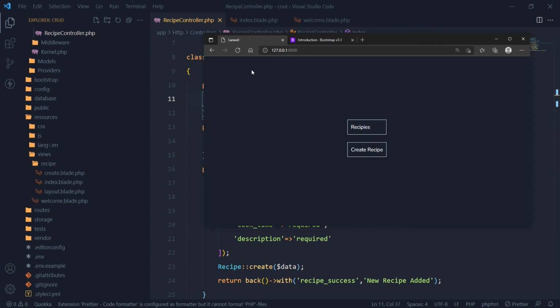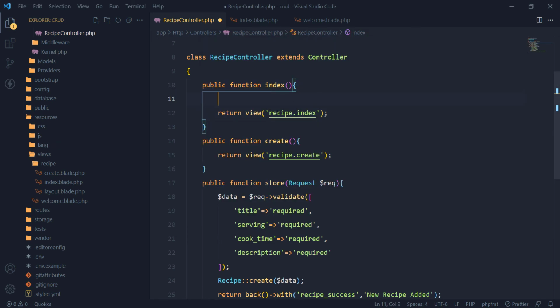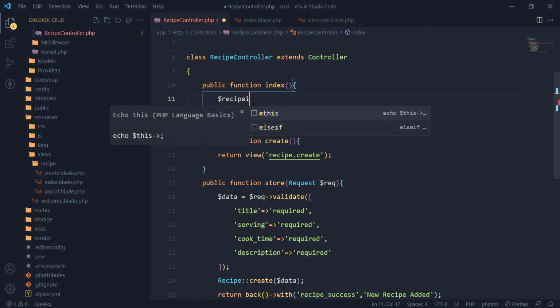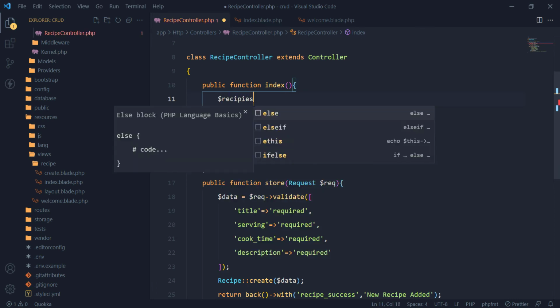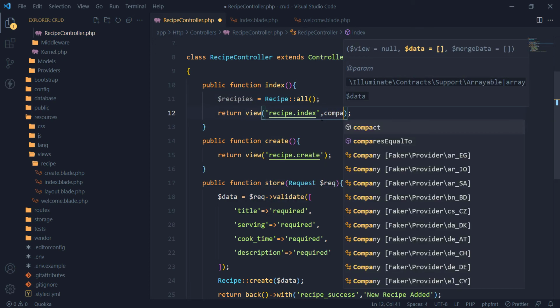Let's check. Let's fetch all the recipes in our database by using the all method on the recipe model and put it in the recipes variable. Let's send the recipes to the index view